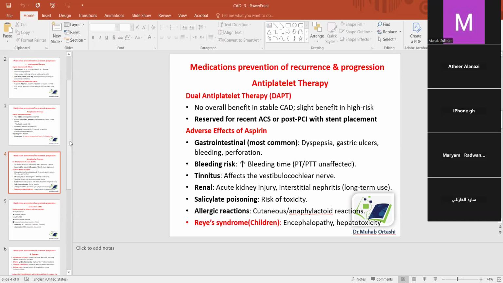طيب, could we use a dual therapy in stable angina? That means we use dual antiplatelet therapy, يعني نستخدم aspirin with clopidogrel. It is not recommended in stable angina to use a dual therapy, and it has no higher benefit. Slightly, it can cause a higher benefit in severe cases وكده. Like, it's not recommended to use a dual therapy. We just use aspirin, or if there is a problem with aspirin or side effects, we can use clopidogrel.